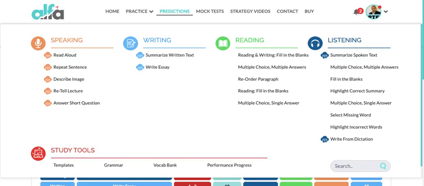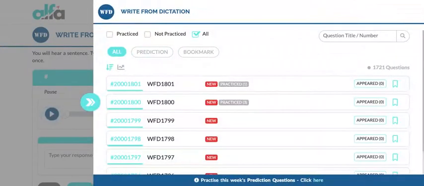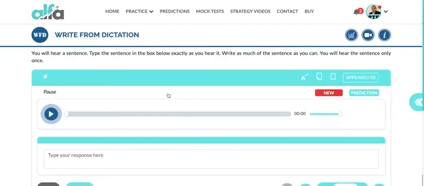Okay, so without spending any extra time, let's go for write from dictation. We'll cover a few questions today, and then we'll continue again tomorrow with some other questions. So I want you to listen to the audio. Actually, let's do it together. We are going to listen to the audio, and we are going to try and note it down. In the comments, please put whatever you listen to as your answer. And I'm not going to give the answer. I want you to try it first. First we take answers from you, and then we'll find the right answer. So here we go.